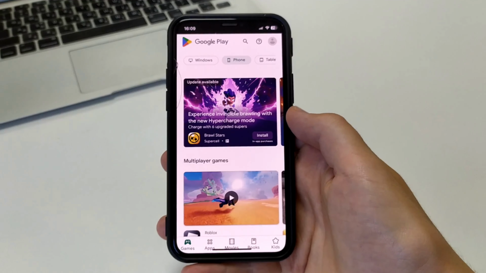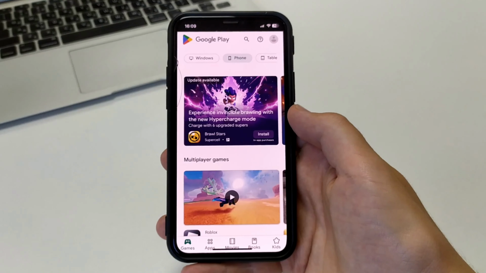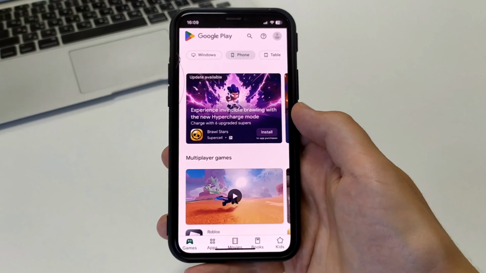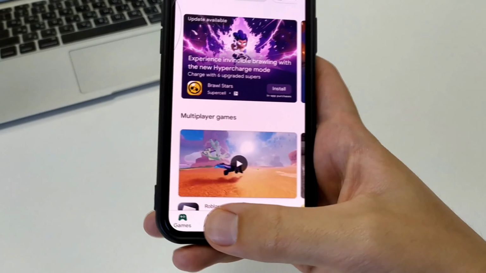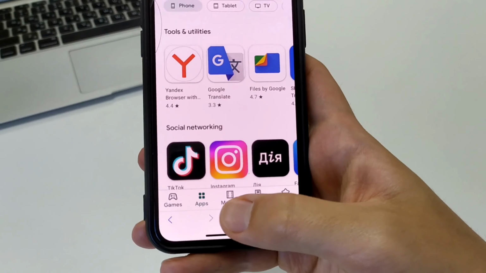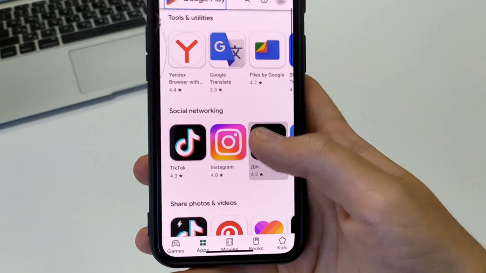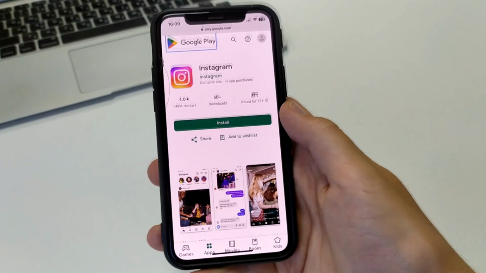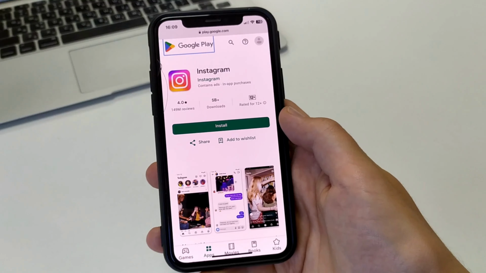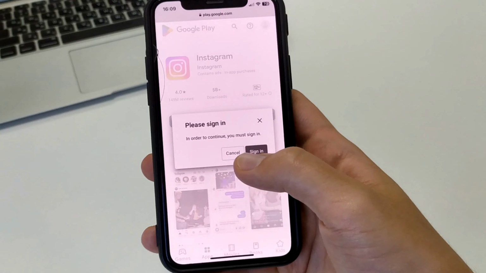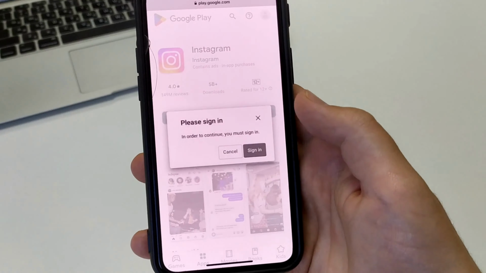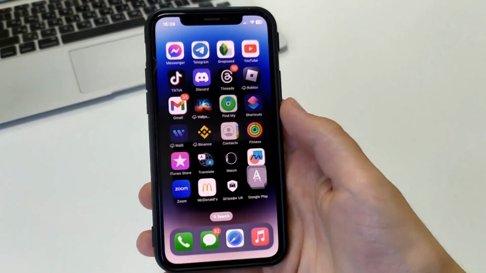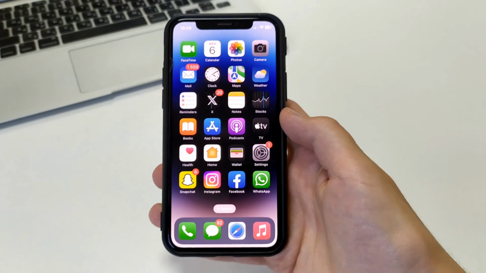Now we can switch between apps, movies, books. We can select any apps and install them as if we were on an iPhone, but we can do it in the Play Market. But we need to sign in to our Google account. Click Sign In, and sign in to your Google account. After that, we can use it to show our friends, to brag that we have Google Play Store, both on Android and absolutely on any iPhone.